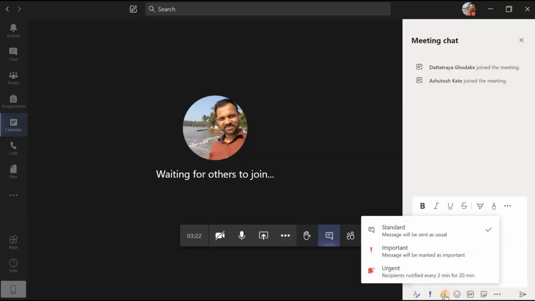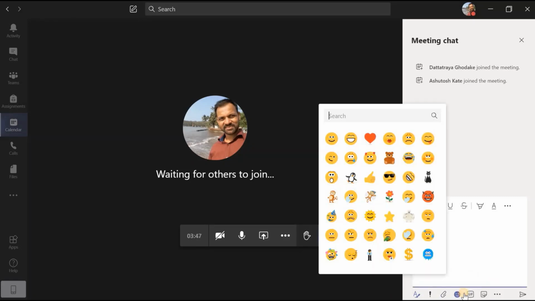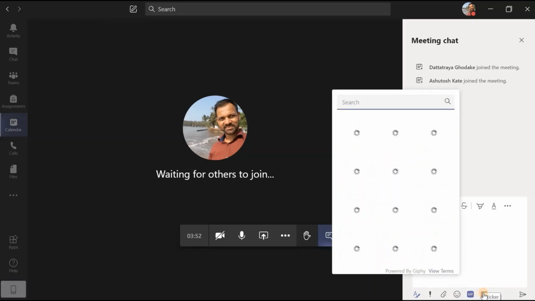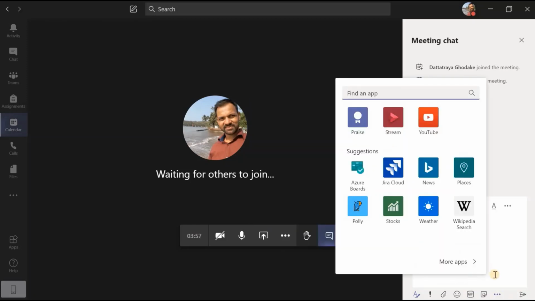Beside that, if I want to, or if my participants want to attach a file from their OneDrive or upload it from the computer, that is also possible, but that permission is with you, whether to allow the participants to share files or something like that. For messages, definitely they are allowed to type. Beside that, attachments, a few emojis are there for better conversation, a few stickers, images, and gifs are there in order to motivate the students, along with a few more controls.